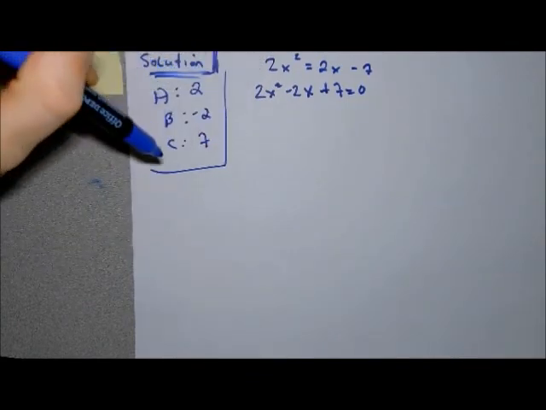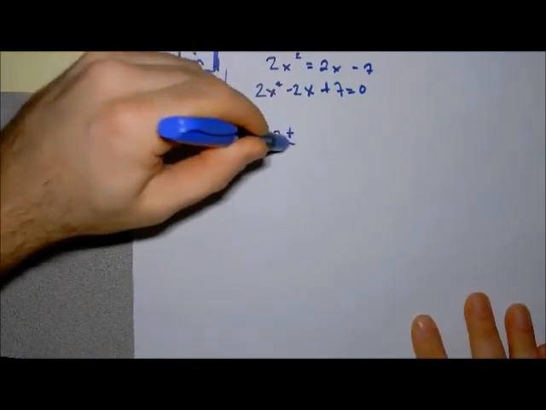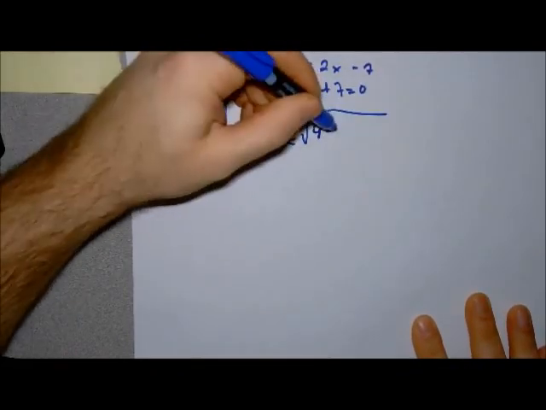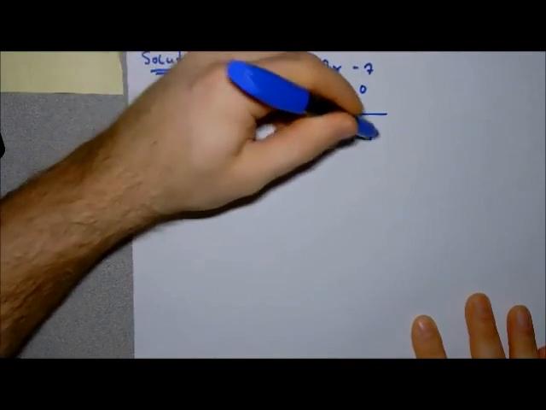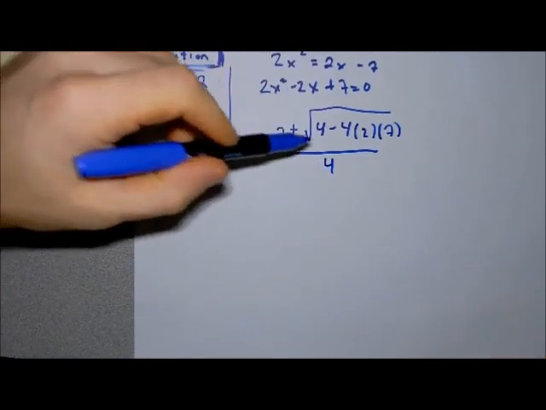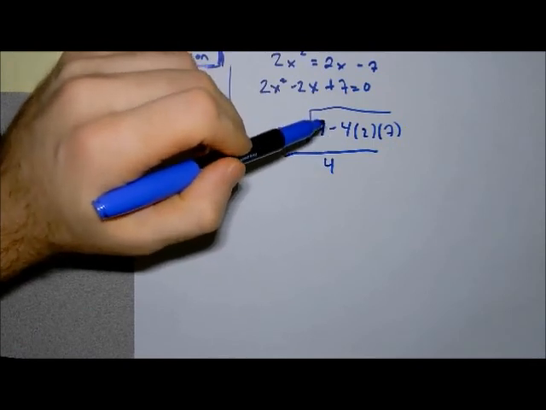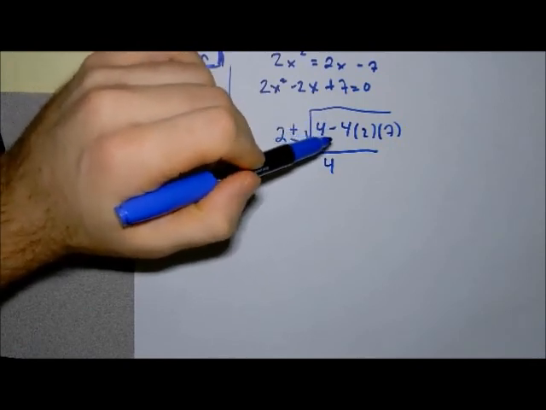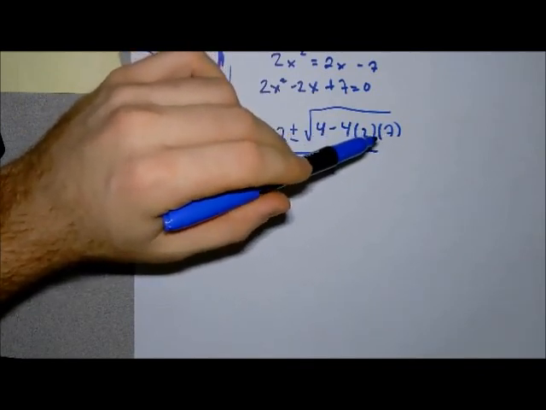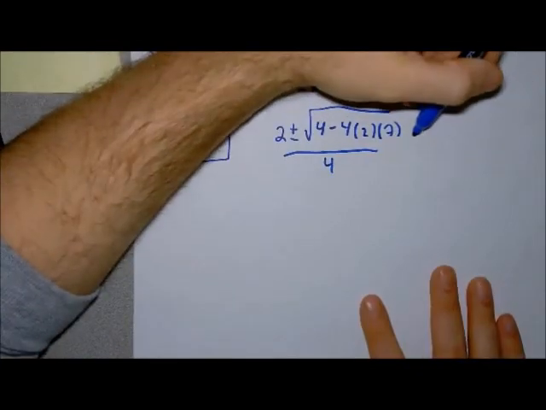We're going to use the quadratic formula, so negative B would become a +2, plus or minus the square root of B squared would be 4, minus 4AC, all over 2 times A. When you look at this, the first question you should be asking yourself is, how many negative symbols are underneath? In this case, there is only 1. So you should be subtracting whatever is coming out over here. In this case, 4 times 2 is 8, times 7 is 56. So you're looking at 4 minus 56, which takes you to